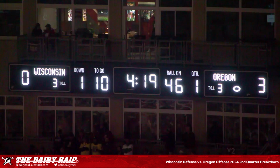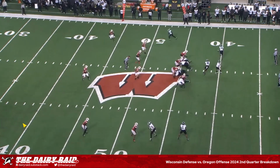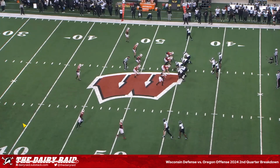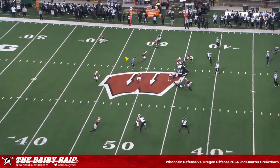1st and 10, Oregon taking over at the 46. All right, Oregon coming out in a two-back set. Little stack look at the bottom of the screen with, now that I know better, a tight end and a wide receiver, so 21 personnel. Okay, a little quick screen. And this is being run as just a quick screen. It's got two options. You've got a quick screen or a bubble screen at the top of the screen